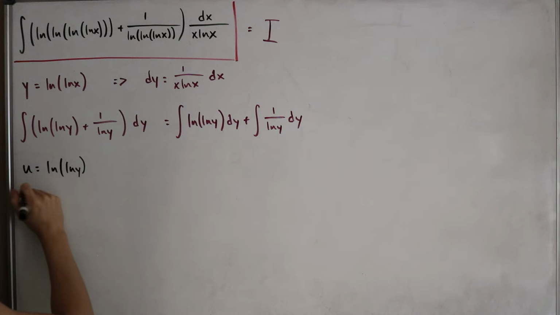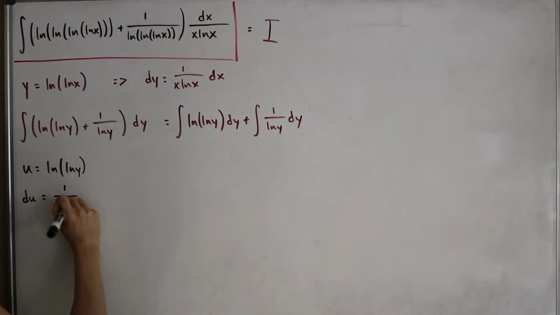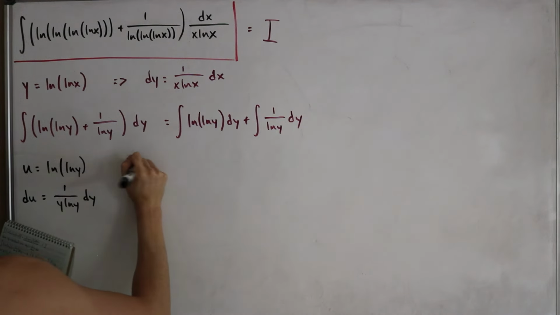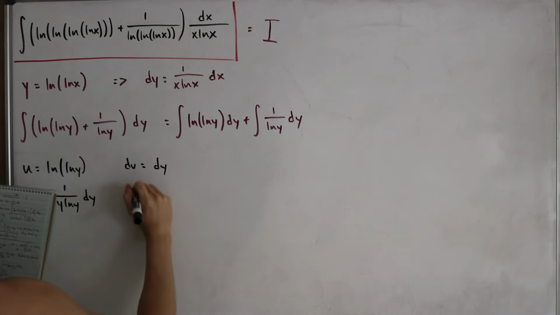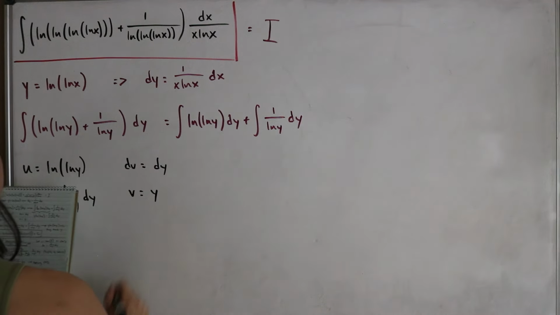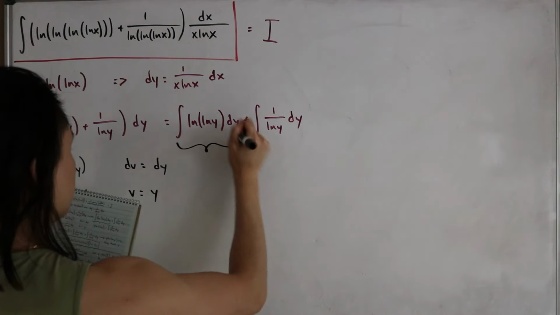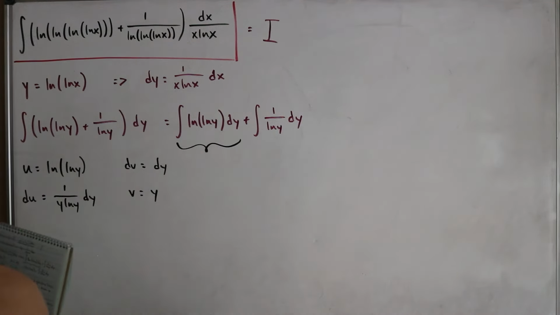So then we're going to have that du, so differentiate this is going to be 1 divided by y ln of y, and then dy. Choose our nice little dv, that's going to be, of course, dy, and so then v is going to equal y. Okay, so now over here, if we just plug the pieces together, so we have u times v,